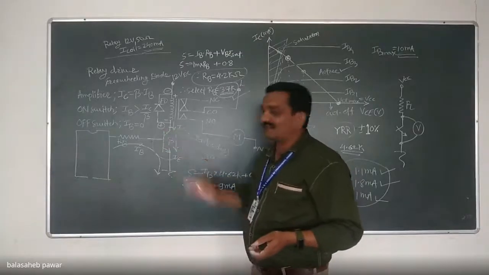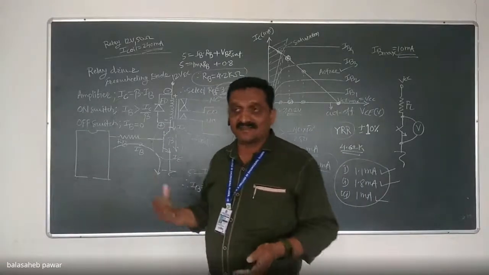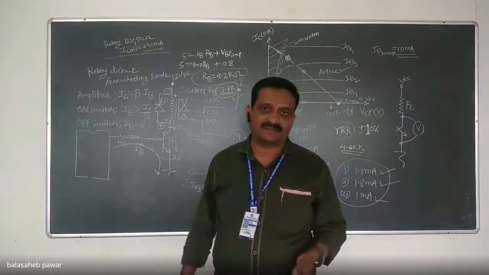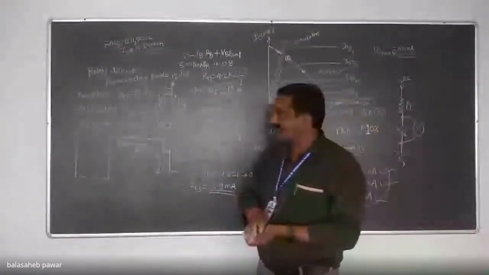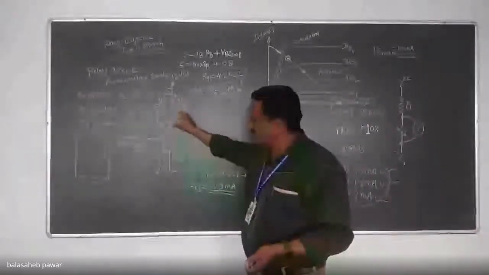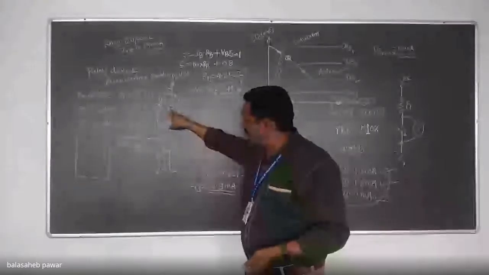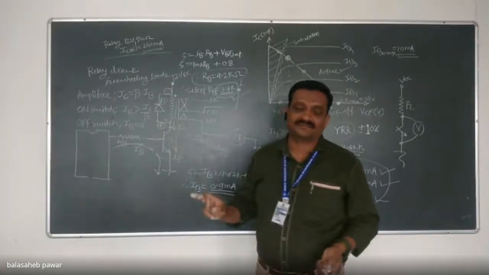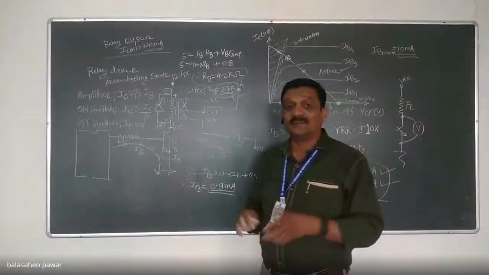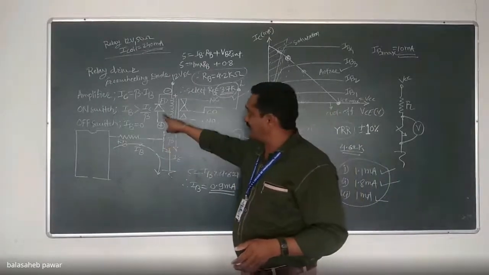Okay. So due to this condition, we can say the base to collector junction of this transistor will be highly reverse biased. That high reverse voltage, which is nothing but the energy stored by this inductor, can damage that junction as it is highly reverse biased. So it will be harmful to the transistor. Okay, and that's why there is a need for this freewheeling diode.